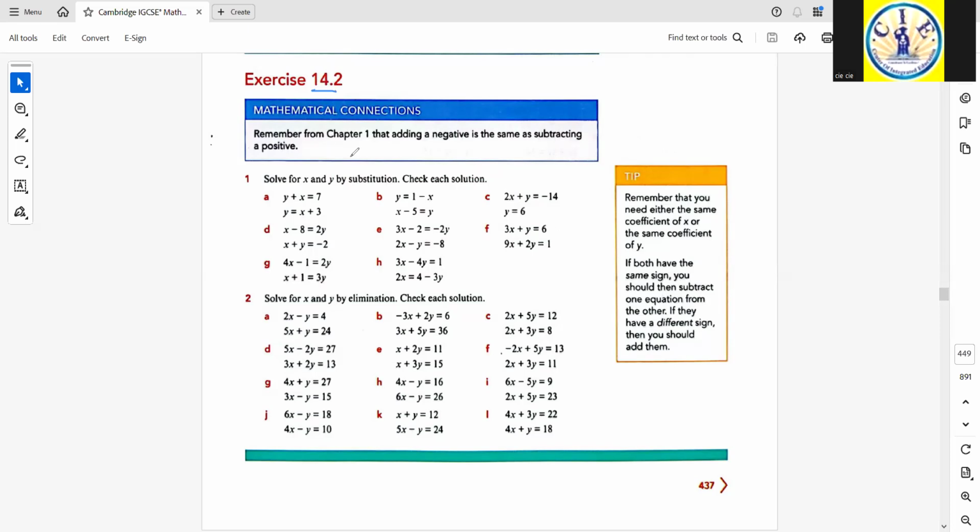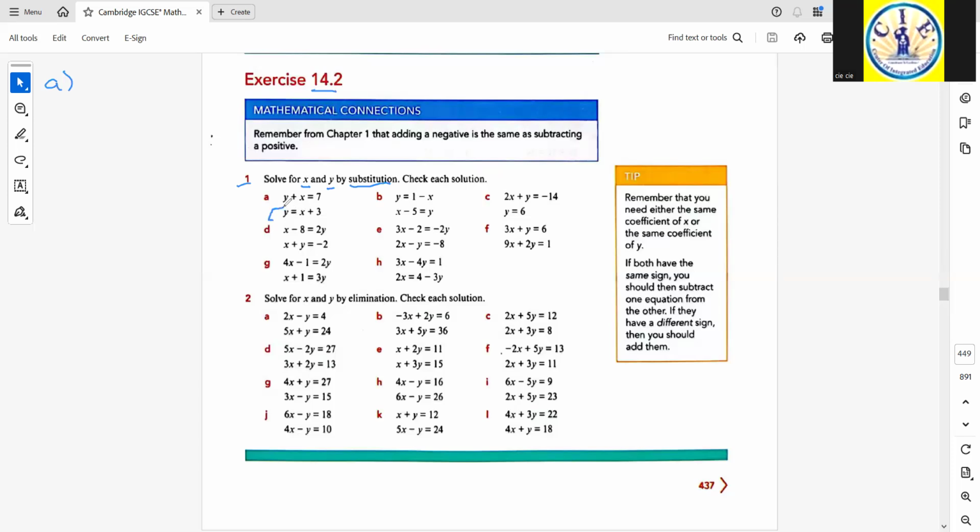Exercise 14.2. Question number 1. Solve for x and y by substitution method. Substitution method is a method in which we replace the value of one variable got from one equation into the other. For example, in part A of question number 1, you see we need to have